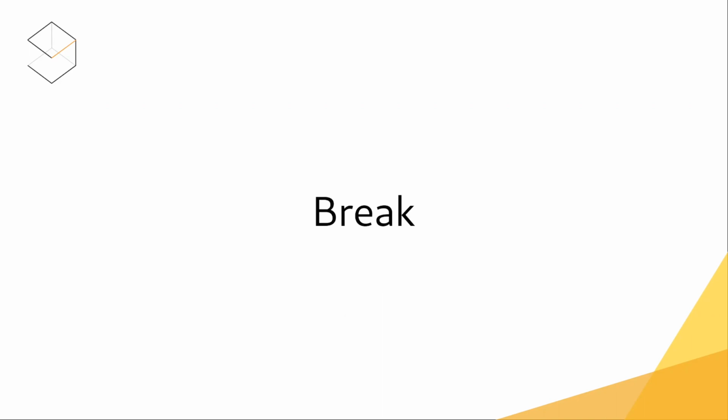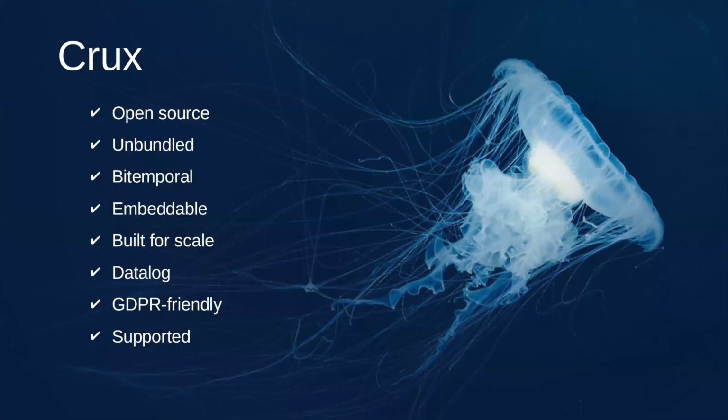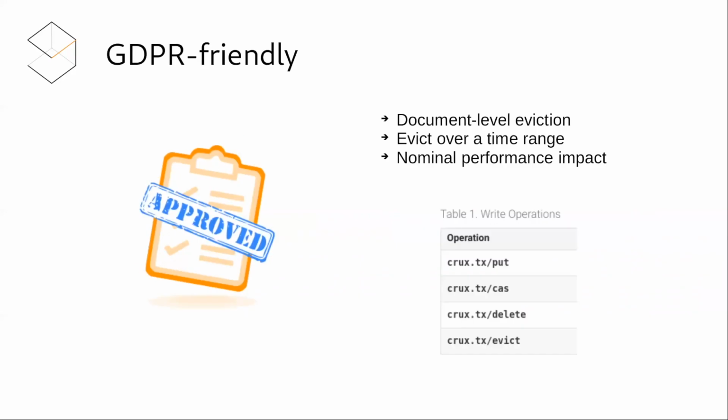I just wanted to ask about eviction, and this might be me not understanding how the document model works compared to Datomic. I'm comparing the documents to entities in Datomic. So if, as part of a transaction, I update two documents, and then I want to delete some information related to one, but not the other, am I deleting a transaction, or am I? Yeah, you're just deleting a document.